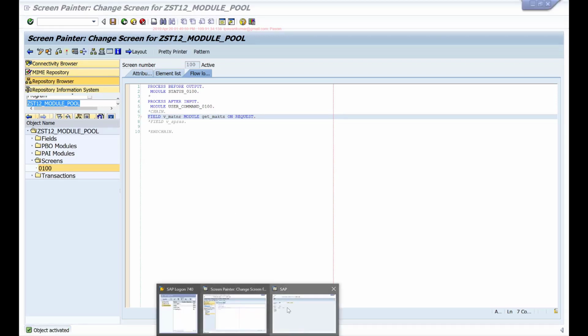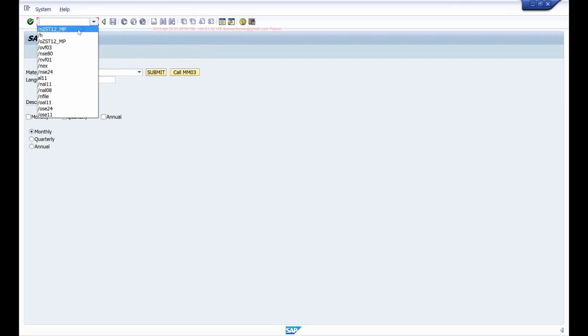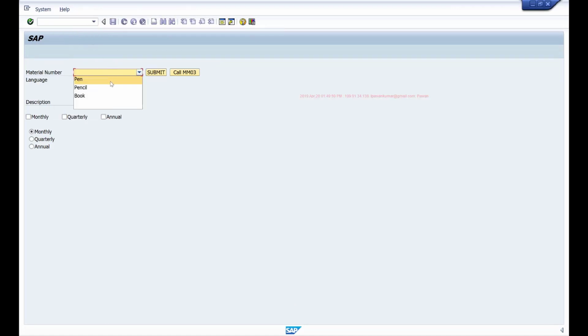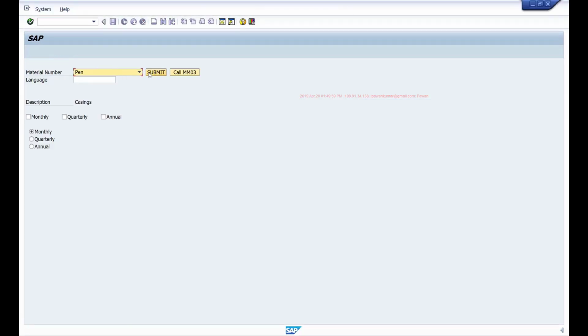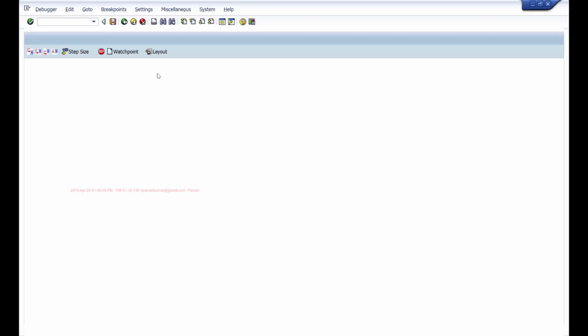So, for example, I'll select this pen and submit. It is calling my module. And as long as this is pen, if I click submit, it won't call that module again. But if I change it to something else and click submit, it will call this module again.